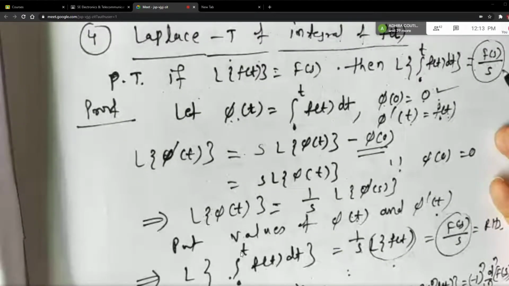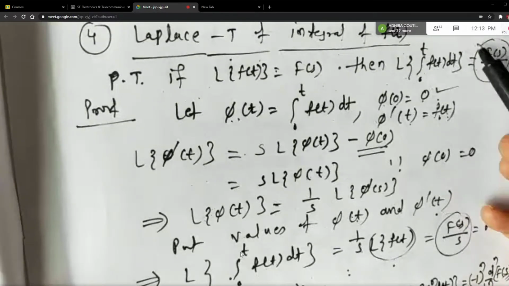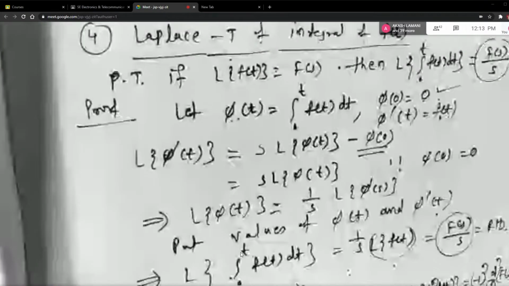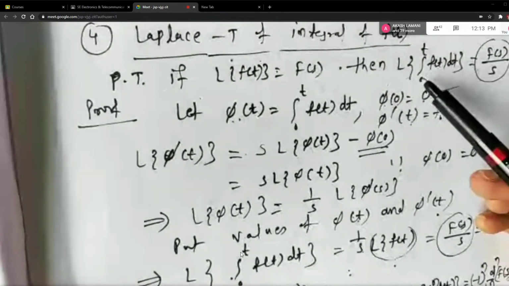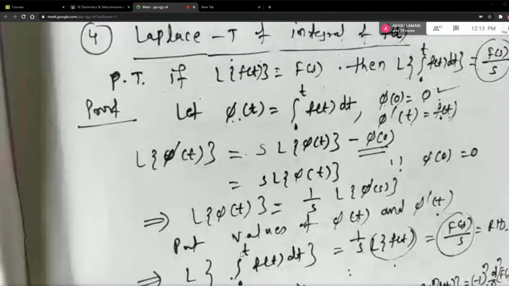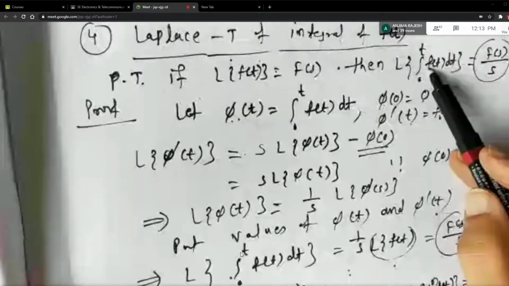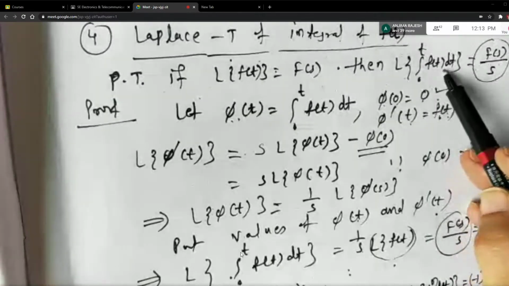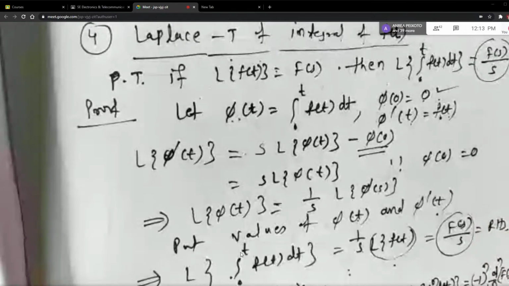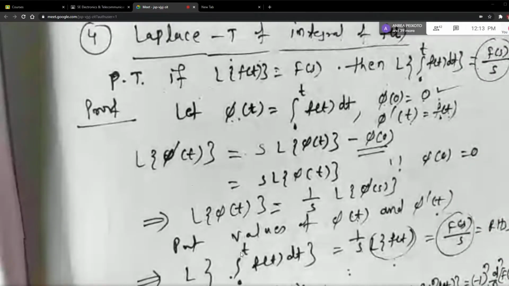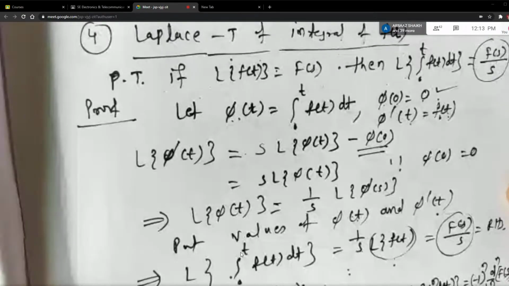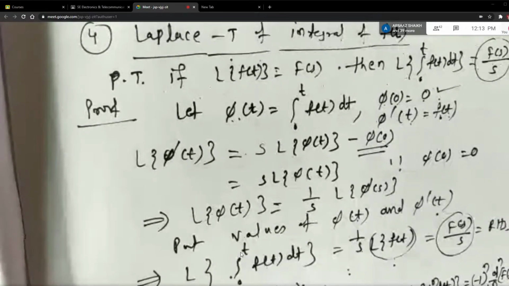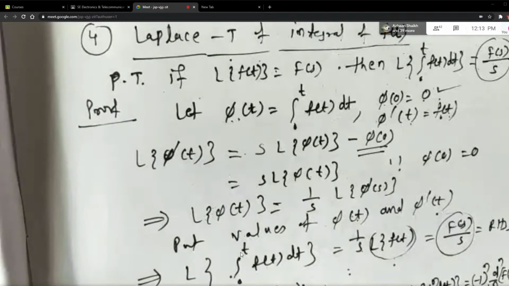Do you remember students this formula? What is the working rule I had given you for this formula? First step is ignore the integral sign. Second step is find Laplace of the inside function, that is L of f of t, which we are denoting by F of s, and multiply the above answer by 1 by s. Means it is F of s into 1 by s, that is F of s by s. So these were the working rule steps of Laplace of integral. Now, how to prove this?